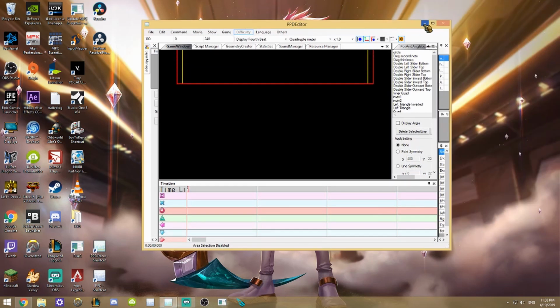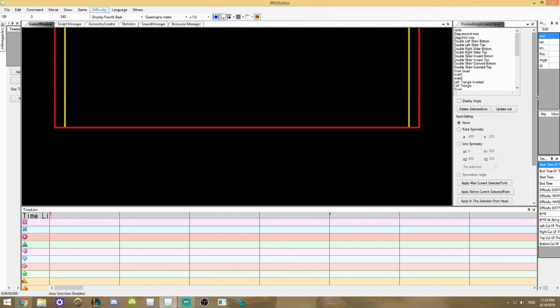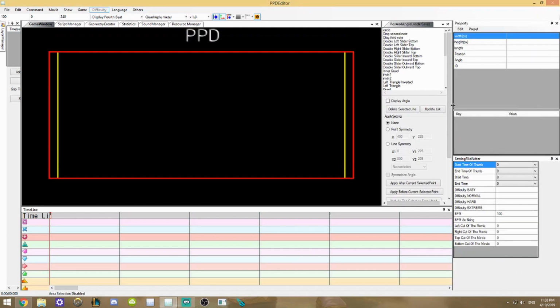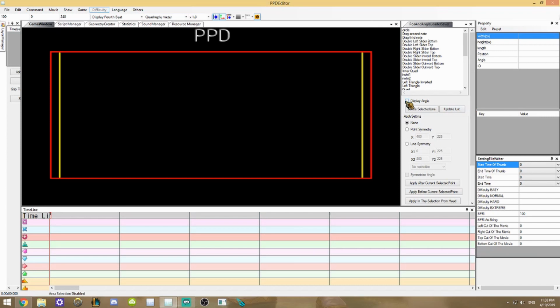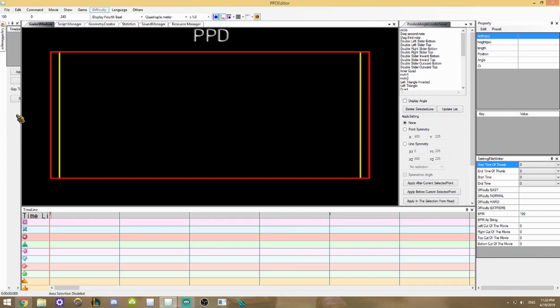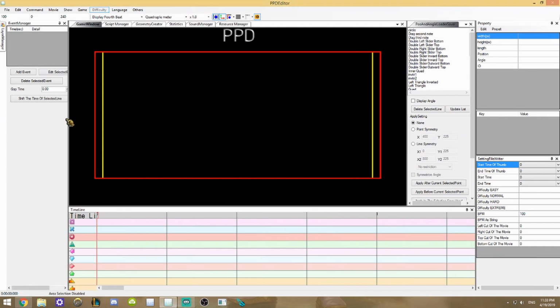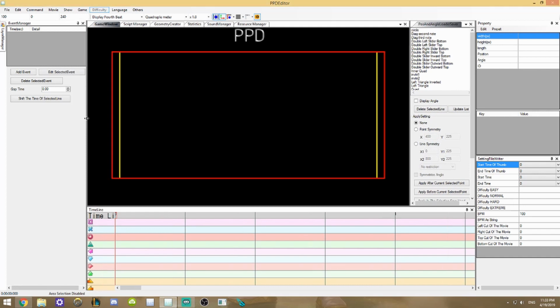Mine is minimized because I like to watch videos and stuff while I do my charts. So let me just fix that real quick to get it more adjusted. So yours is going to look a lot different than mine if you're just opening it up without doing anything to it, because I used Blizen's whole pack of everything that he's edited in the editor itself, and there's different pictures for down in the timeline here, and you won't have this red outline square or anything,